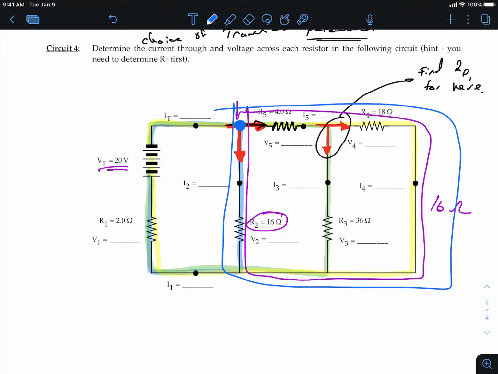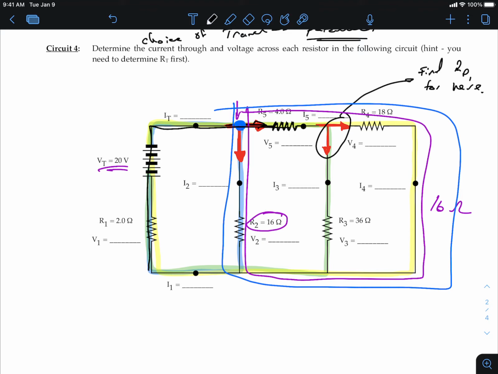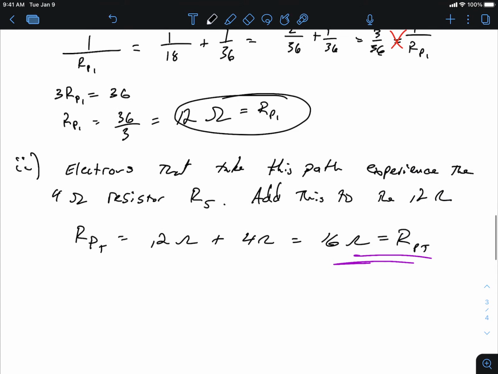Okay? And so what we're trying to do is create, ultimately, this black box here, or the circuit itself, which is RT, the total amount of resistance that the electrons are going to experience. The problem is we have a few other subset of boxes inside of our parallel circuit. In order to figure out what RT is, I have to figure out the equivalent resistance in the blue box and the equivalent resistance in the purple box. That's a little different than the way I wrote it earlier. For this one, I'm trying to find